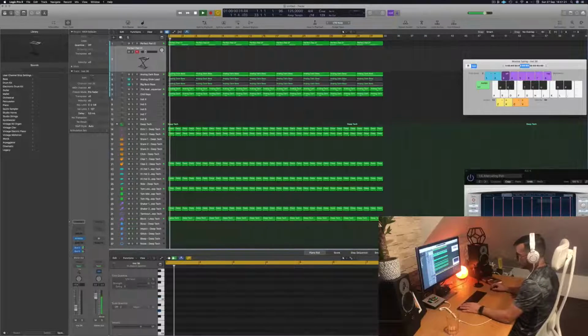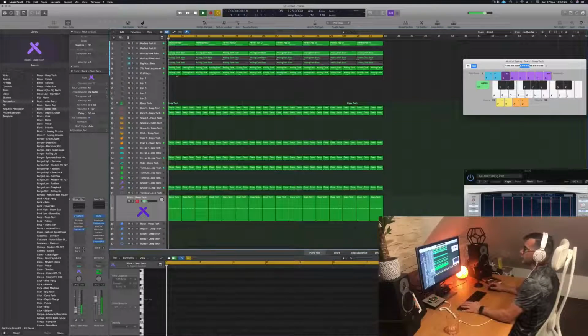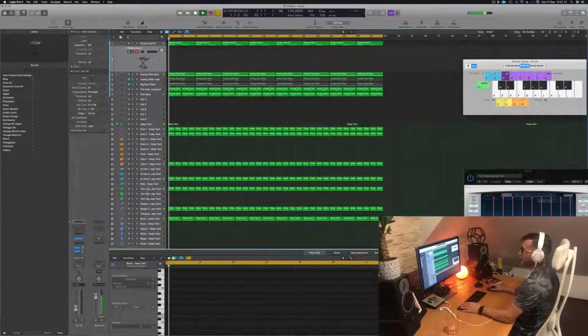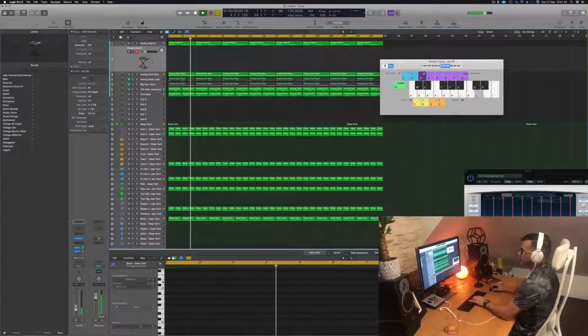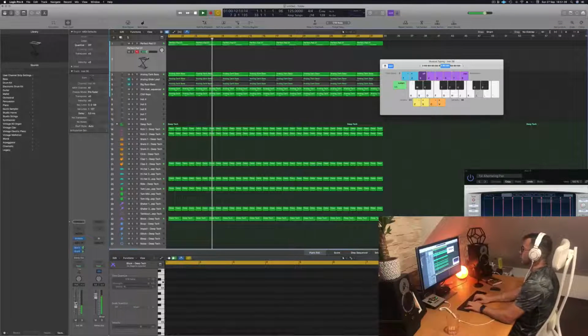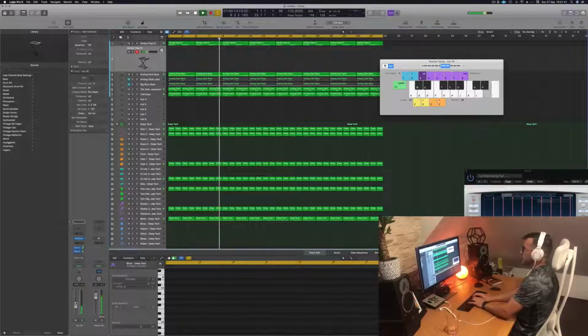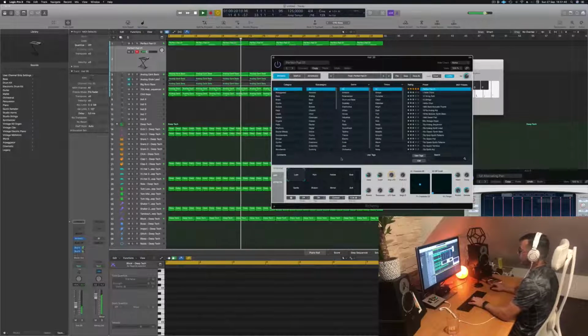So we still have an issue with this block going a bit crazy. So what I want to do now is to top it up with some lead, and it's gonna be more pad. And for this, definitely not too many keys, you know, I don't want to go full on, not spacey, but